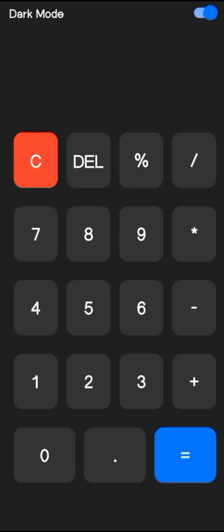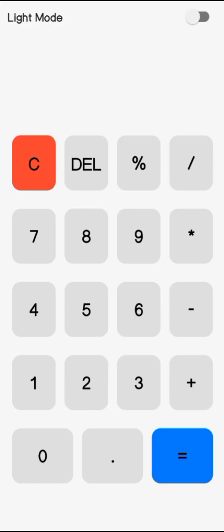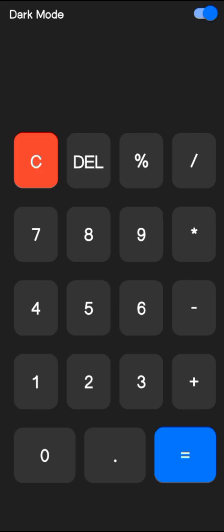See, your calculator app is ready. You can toggle between dark mode and light mode. Now we can test it. 12 and 2 and click the equal sign. You can see the app is fully working,